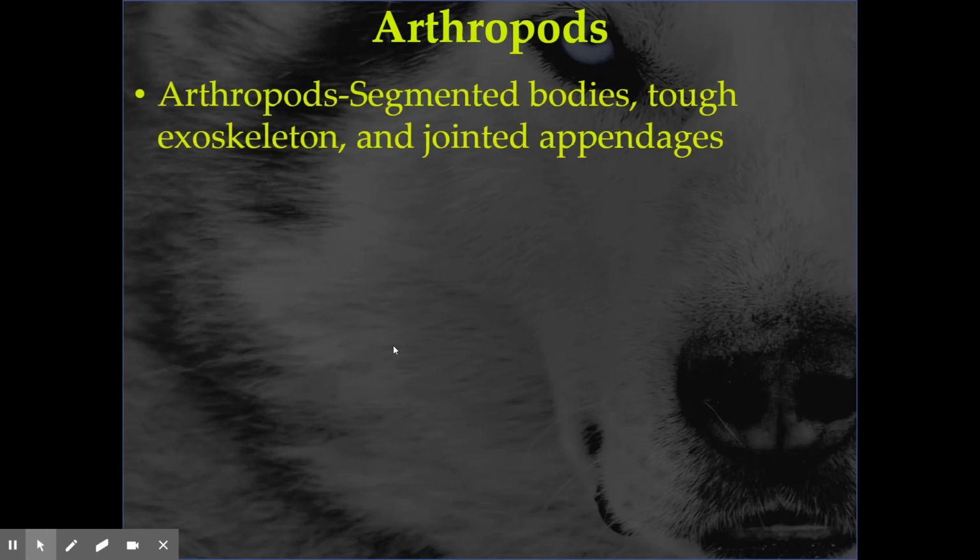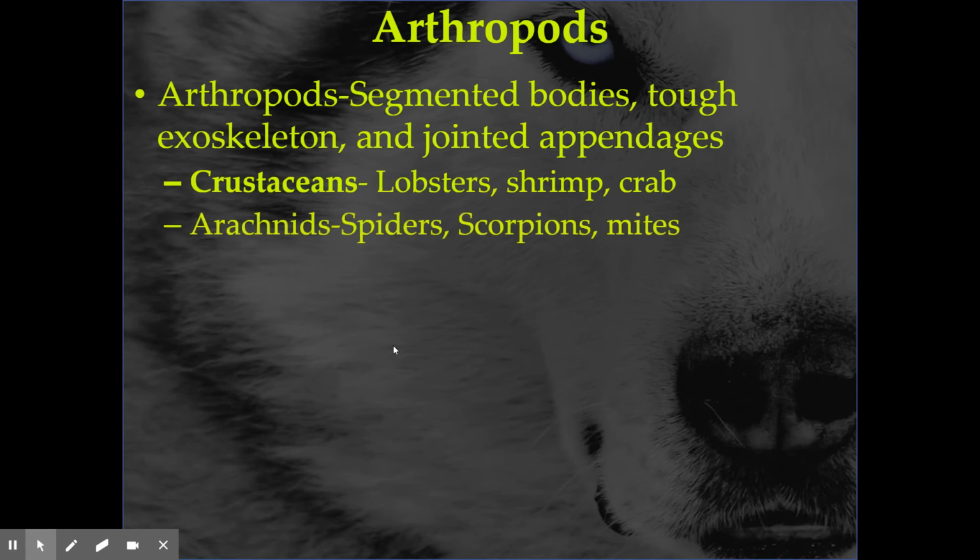Arthropods, very, very diverse. Of all the living things on the planet, this is about the most diverse group as far as sheer number of species. Segmented bodies. You're going to have a 3-part body plan for the arthropods, and jointed appendages, and a very tough exoskeleton. So things like lobsters, shrimp, and crab would fall into this group if it's a crustacean. Arachnids, you have your spiders, your scorpions, little mites that you're probably not going to see without magnification. Insects, butterflies, beetles, ants, etc.